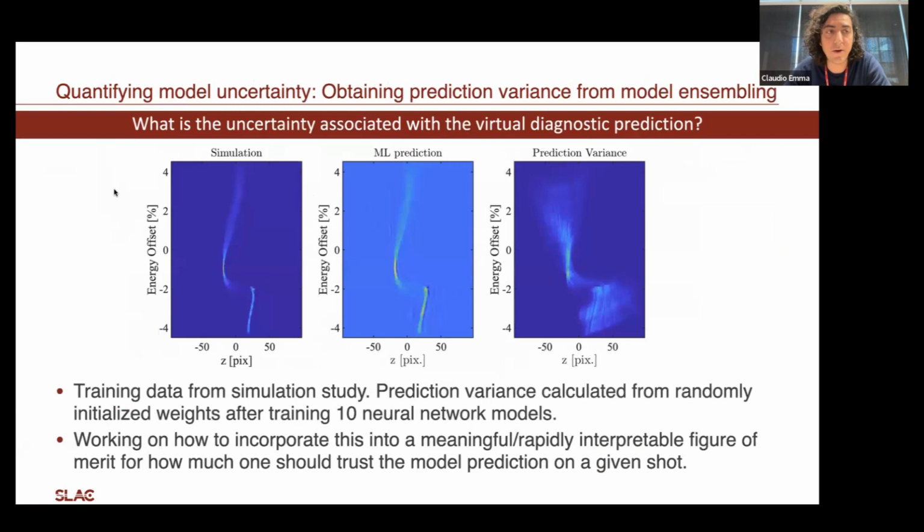I wanted to say another word about uncertainty quantification from the other side. So not necessarily trying to implement hardware upgrades like spectral measurements, but trying to quantify the intrinsic uncertainty associated with the virtual diagnostic model itself. One of the things you can do is very basic model ensembling, which is to train a virtual diagnostic and then, using the same neural network, train it again randomly, reinitializing the weights. And what I'm showing here is the machine learning prediction and its variance from these ensembles